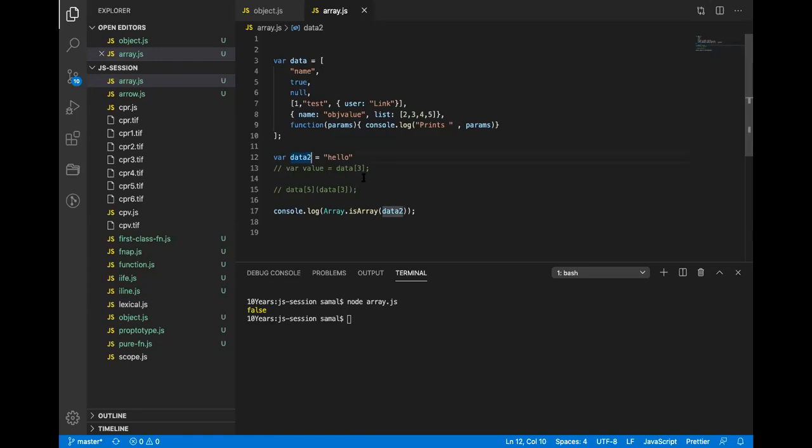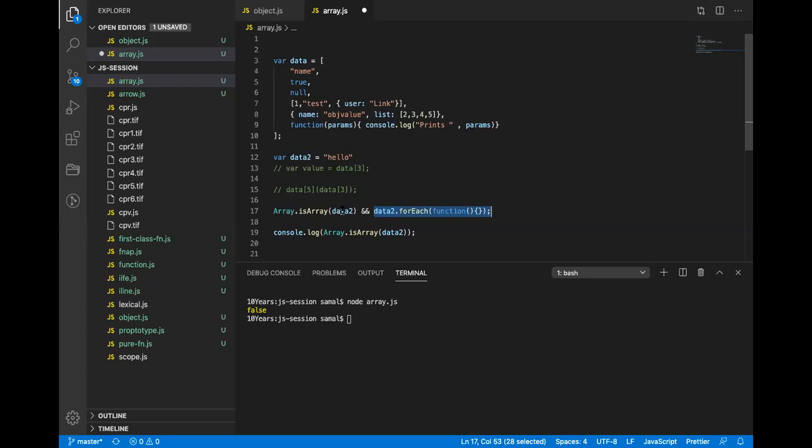This, along with all the methods which I have shown you earlier. Array.isArray. So what we do, let's say if we are not sure whether the data type is an array or not, we do something like this. This gives us the guarantee that forEach can only be run on an array. Here it will return true if it is an array, and false if it is an object or anything else. That means forEach will not run on it.